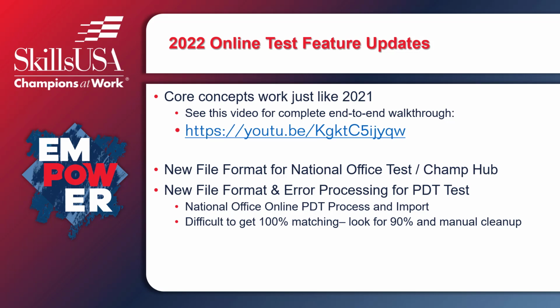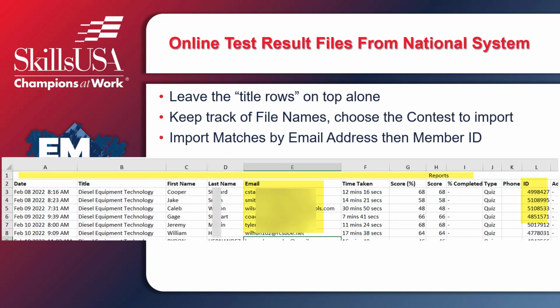The PDT test is a little bit tricky because students give us email addresses, and a lot of this matching works on email address, and then students decide they want to use a different email address to take the test, so things don't match. So we're struggling to get that 100% perfect. I think so far we've been getting a 90-95% match rate, with students changing their email address at the last minute, so there's a little bit of manual cleanup that will have to be done to make the whole thing really work. But let's look first at the online test platform, not so much the PDT, but for any